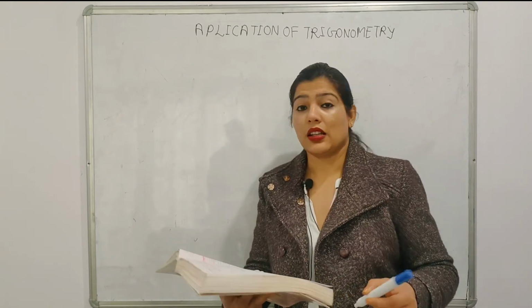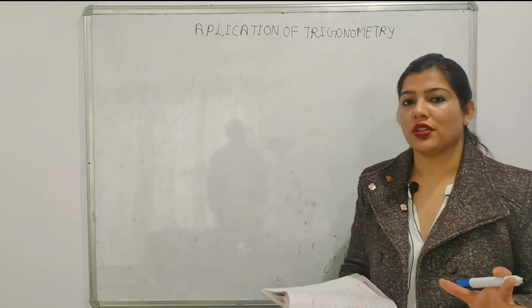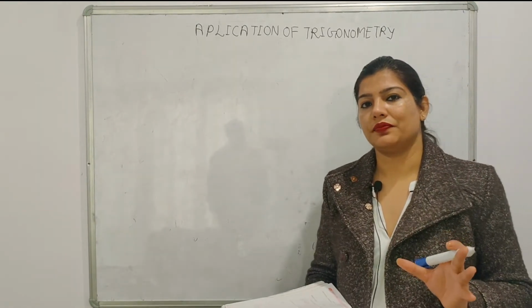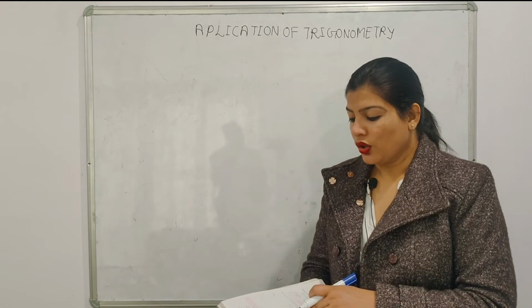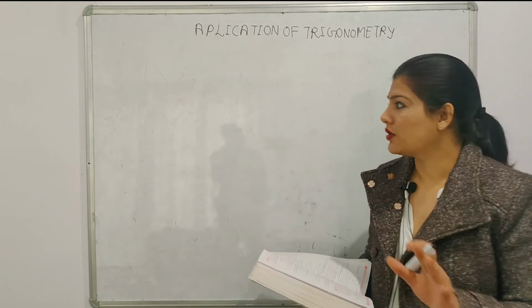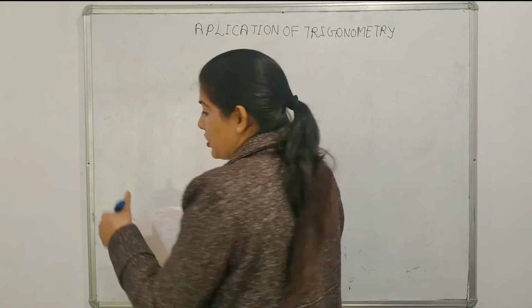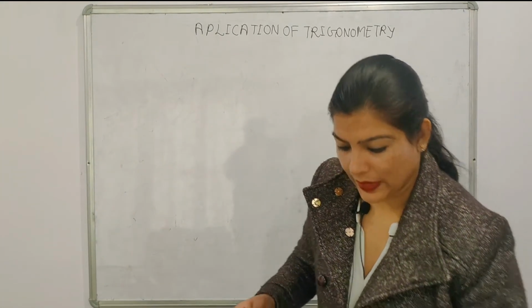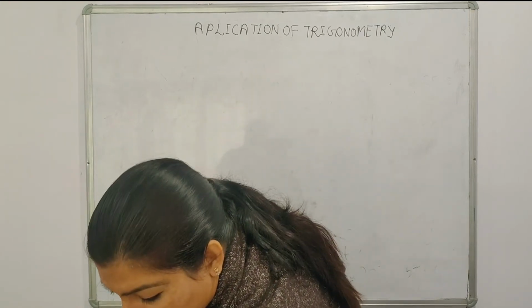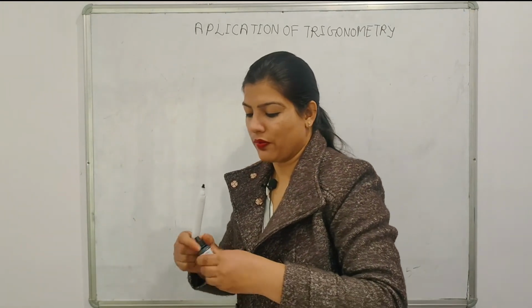Let's discuss another type of question in which 2 things are given and the distance between them is given. 2 poles of equal height. So I'm writing down the question in short form because this is a very long question.